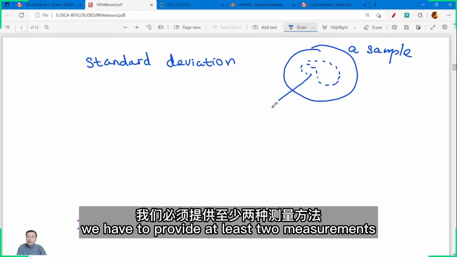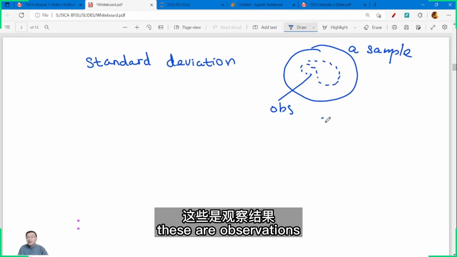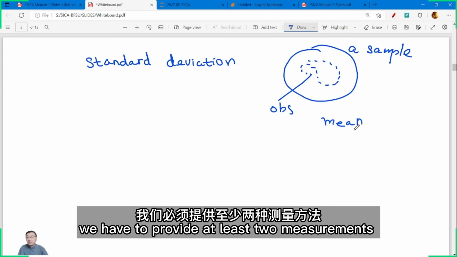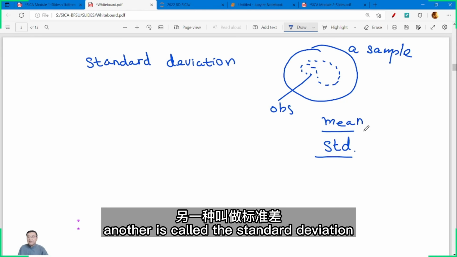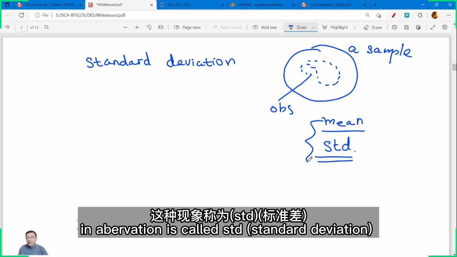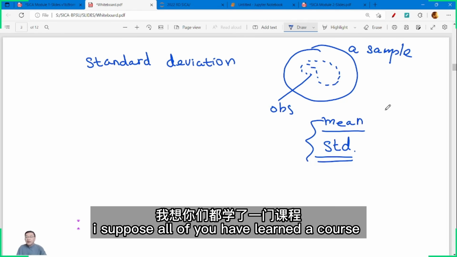These are observations. One is called the mean. Another is called the standard deviation. In abbreviation, it's called STD. Mean and standard deviation. I suppose all of you have learned a course called statistics, or theory of probability,